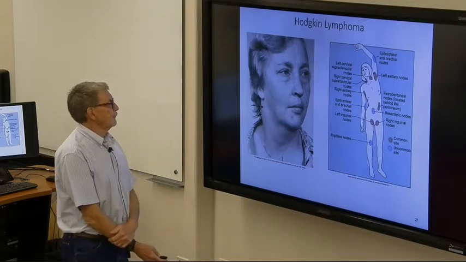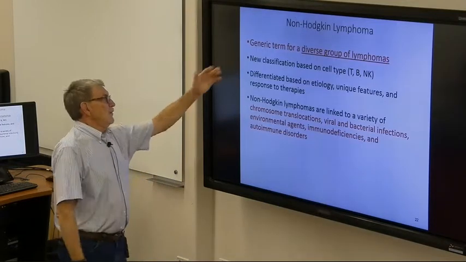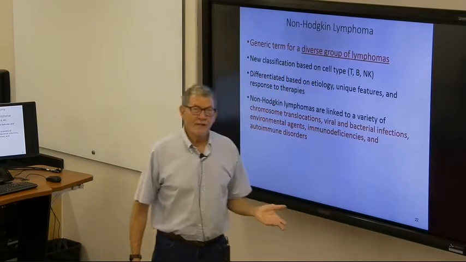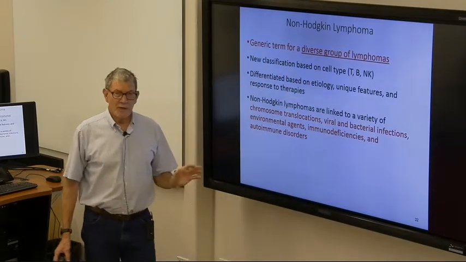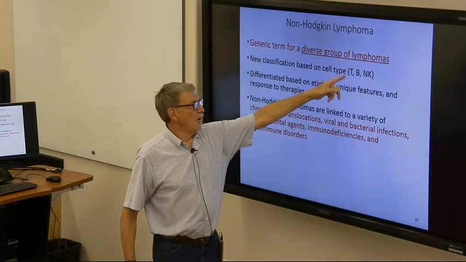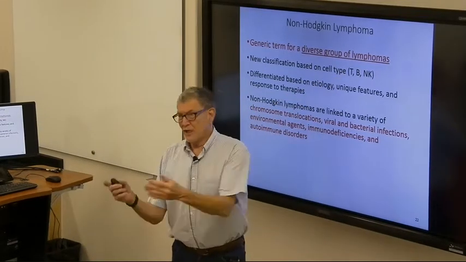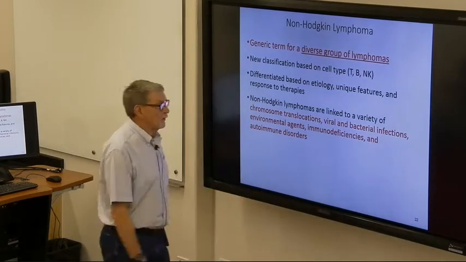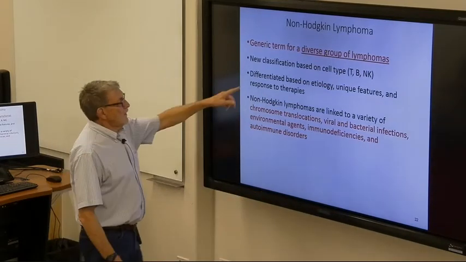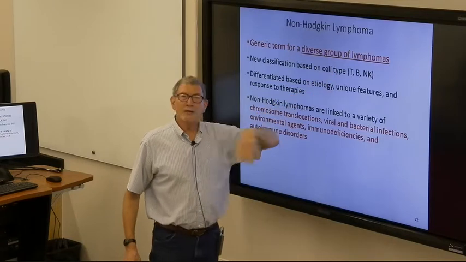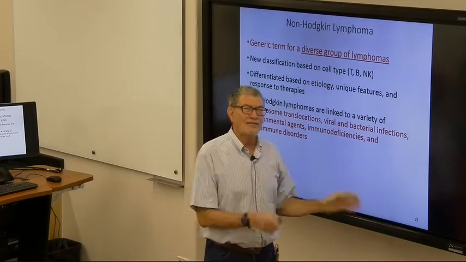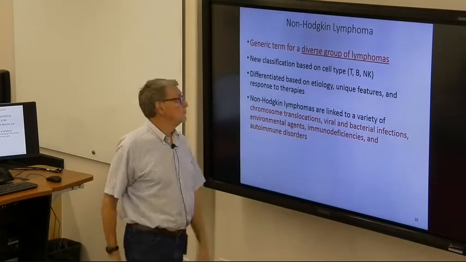Non-Hodgkins then are several other lymphomas, and they are best described nowadays by the type of cell that becomes cancerous. You can have a T cell lymphoma, a B cell lymphoma, a natural killer cell lymphoma, and each one then has a sort of different signs and symptoms, etiology, sort of different treatment,